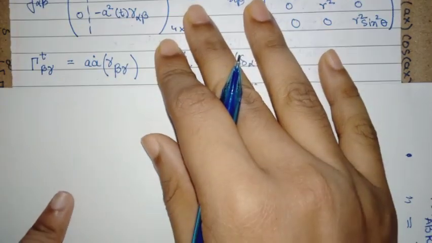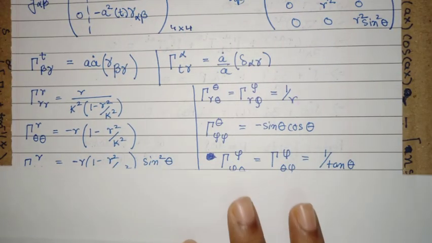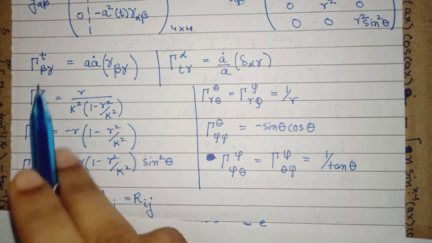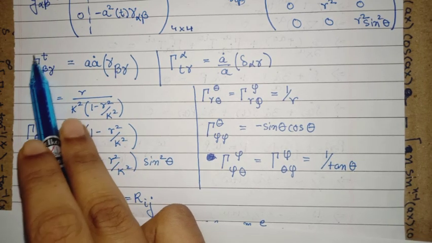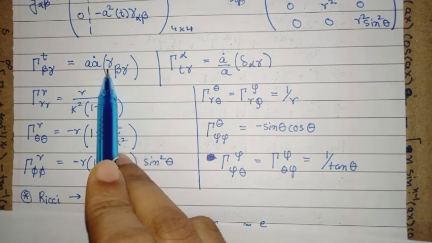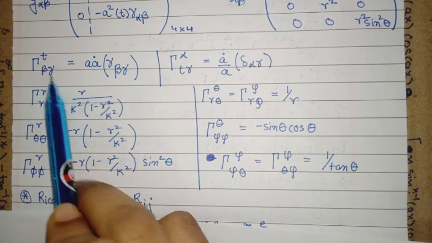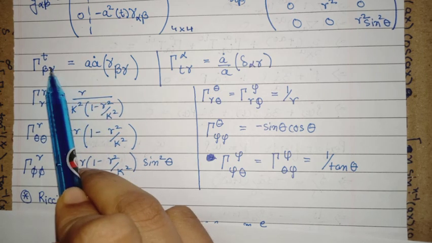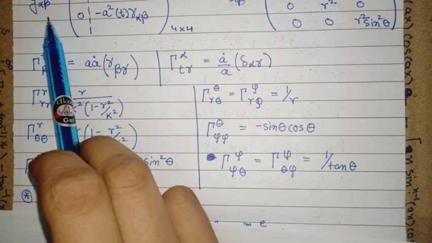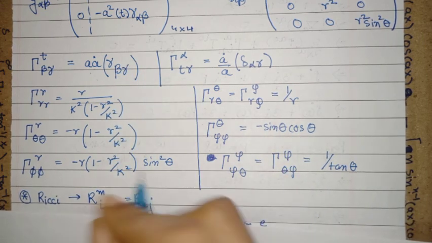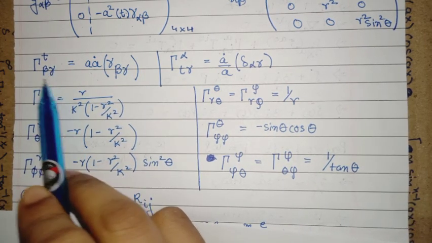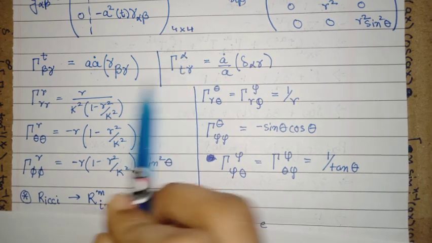So let's move on. I have also shown in the previous video the derivations of how to obtain these Christoffel symbols. Rather, these can be derived using the metric components, and the relation between Christoffel symbols, or the connection coefficients, and the metric components is also given in the previous video. So I have explicitly written down here the Christoffel coefficients.